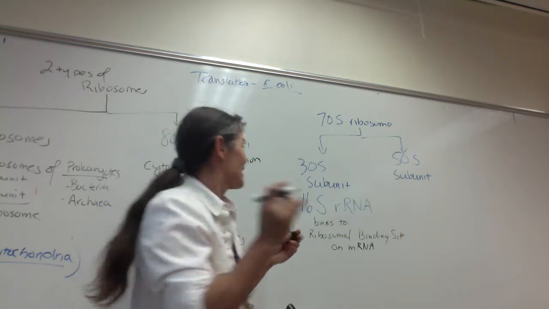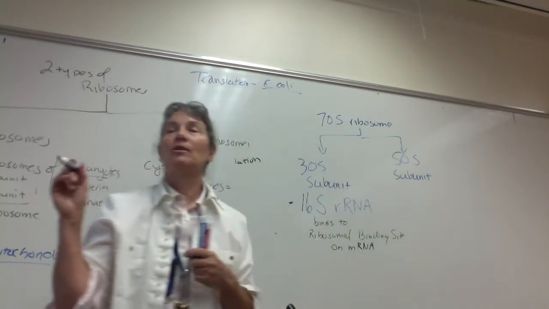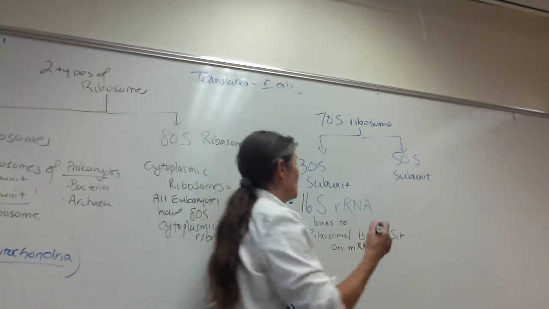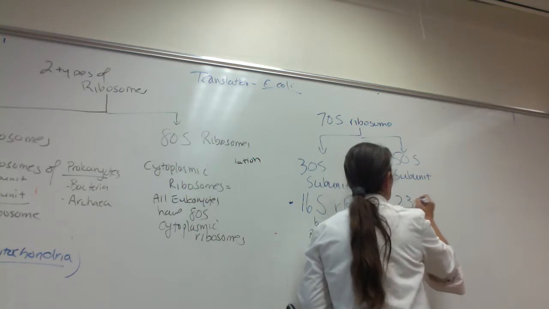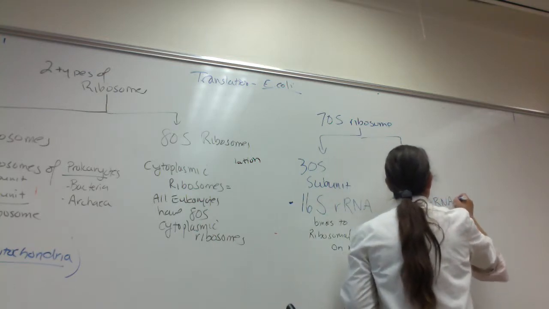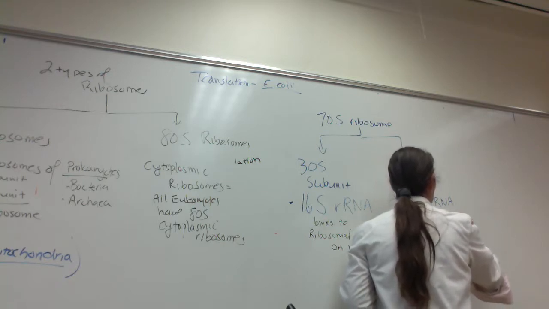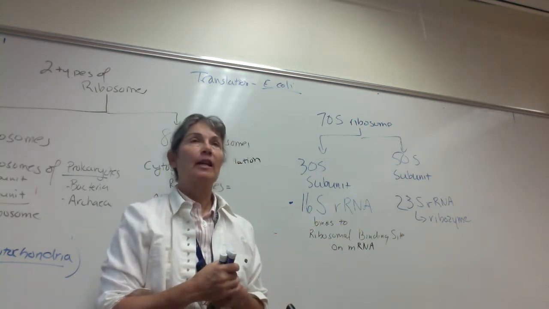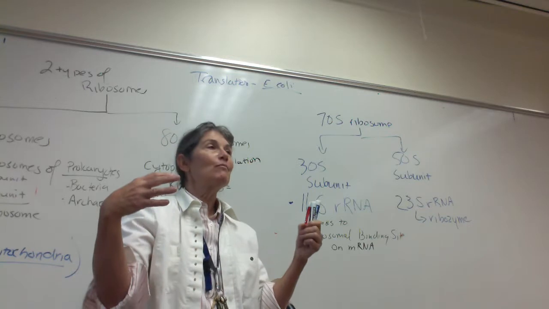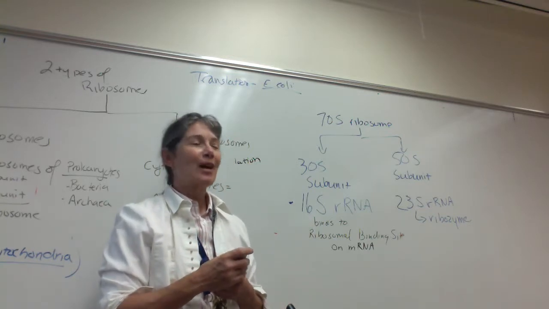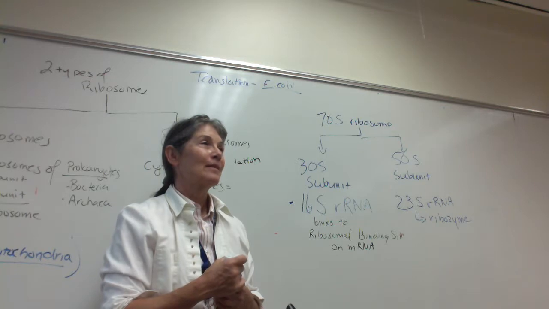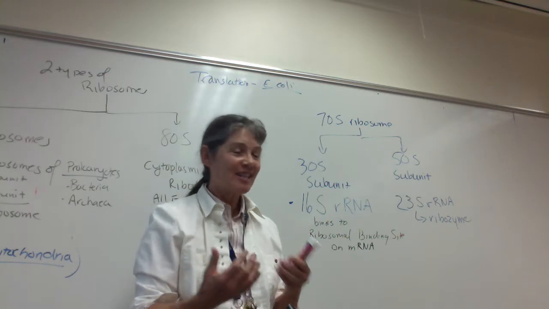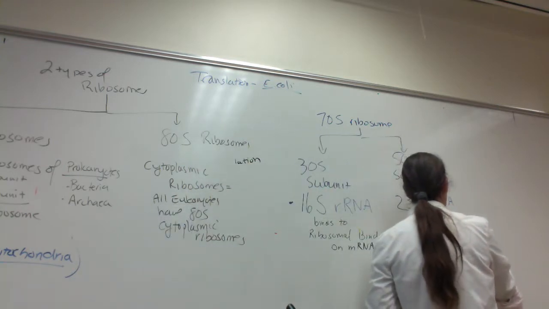Why do I get excited by these things? Because they're amazing. So in the large subunit, the 50S subunit, there's another really special ribosomal RNA, and it is 23S ribosomal RNA, and this is the ribozyme. So what the heck are we talking about? What's a ribozyme? A catalytic RNA, right? And what's the job of the ribozyme in a ribosome? Formation of the peptide bonds between the amino acids. Isn't that just amazing? So the ribozyme, it catalyzes